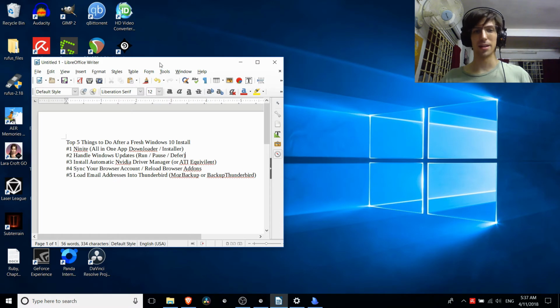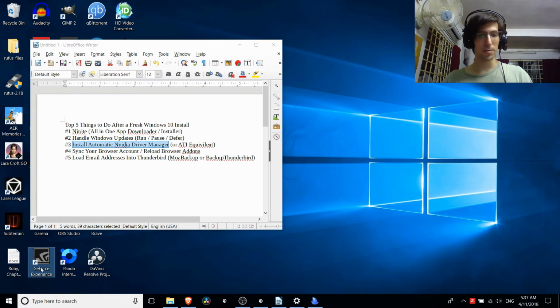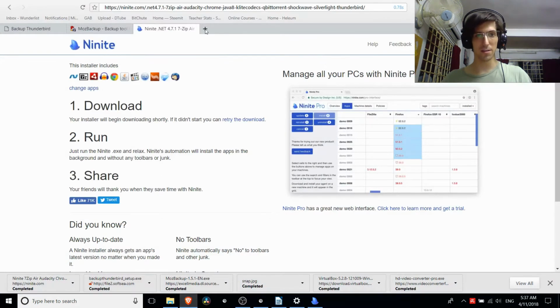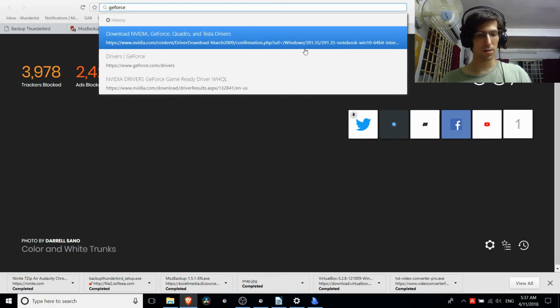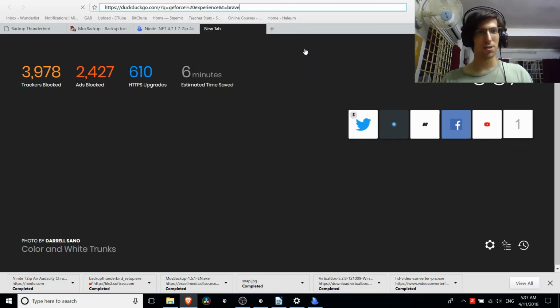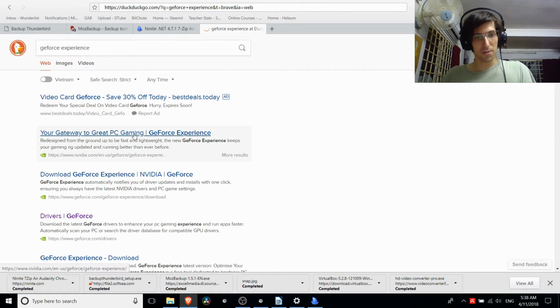especially for people who are going to be doing anything graphics intensive, whether that's video editing or playing some games. So what I would recommend doing for most people is you install the automatic Nvidia driver manager or the ATI equivalent. So on Windows for Nvidia, this would be GeForce Experience, and you can get to that just by going into Google or DuckDuckGo, typing in GeForce Experience,